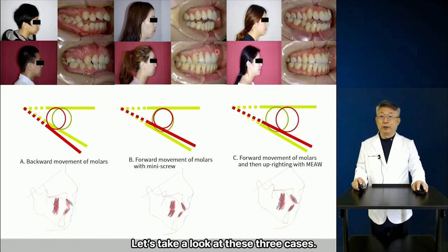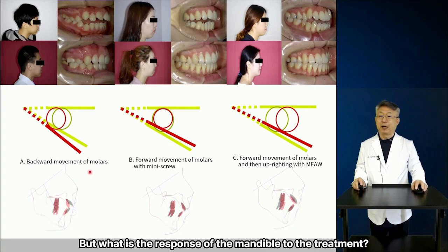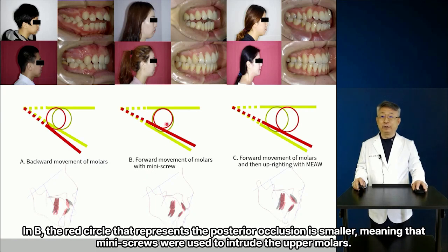Let's take a look at these three cases. In all three cases, premolars were extracted, and favorable profile and occlusion were obtained. But what is the response of the mandible to the treatment? In A, headgear was used to distalize the upper molars, and the mandible could be retruded. In B, the red circle that represents the posterior occlusion is smaller, meaning that mini-screws were used to intrude the